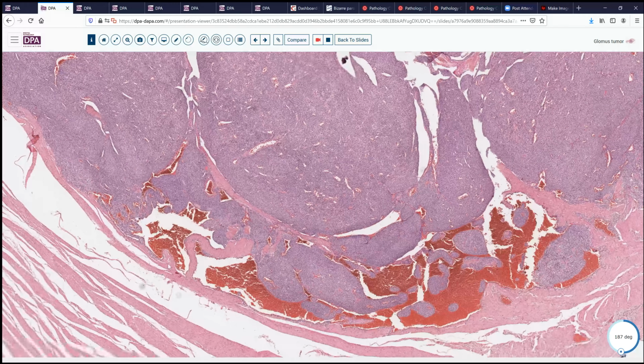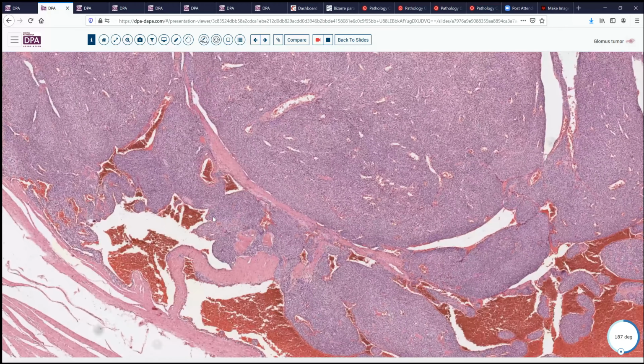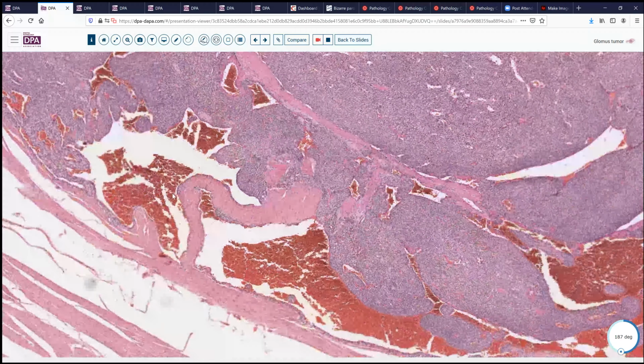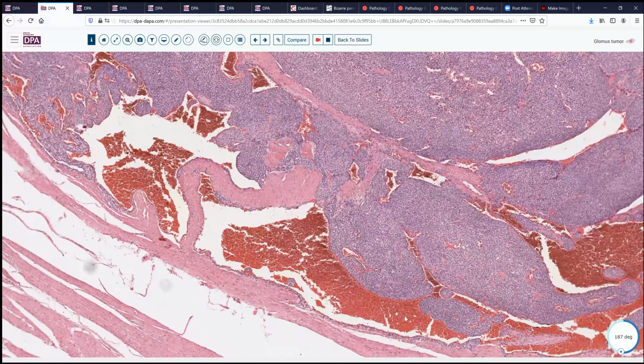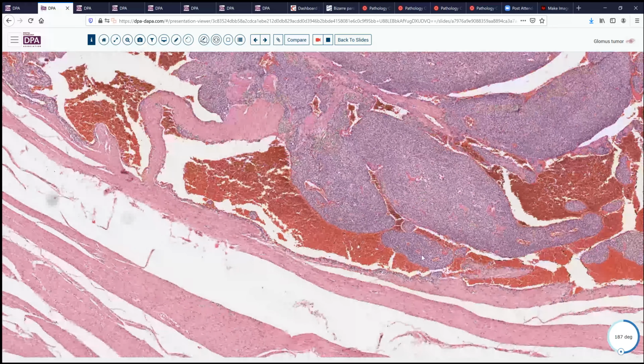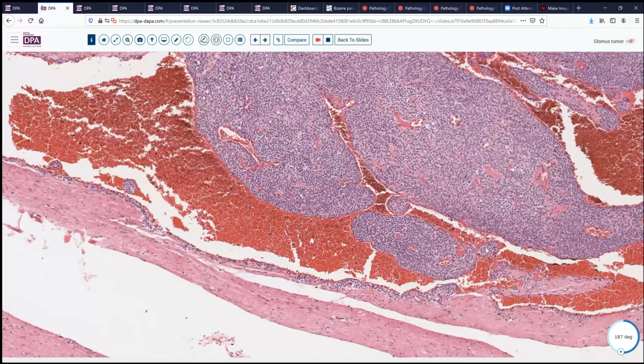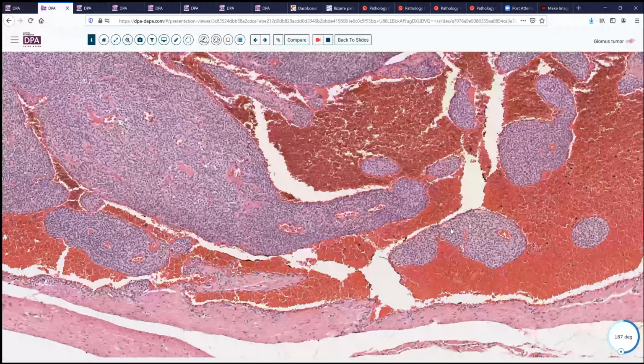And also note here the rather vascular nature of this lesion at the periphery with these dilated spaces, some of which here appear to be totally surrounding nests of tumor cells, potentially with some measure of intravascular growth by this